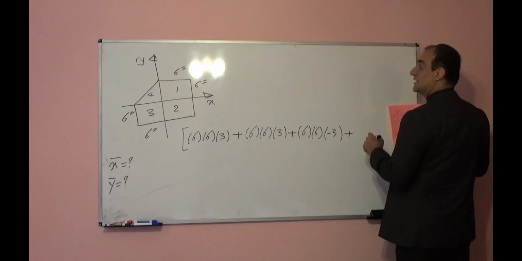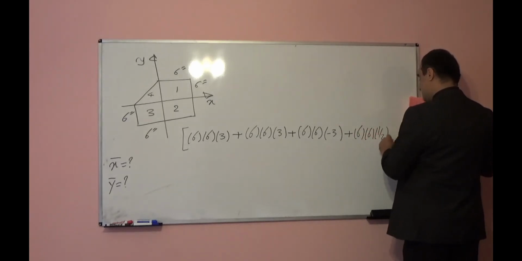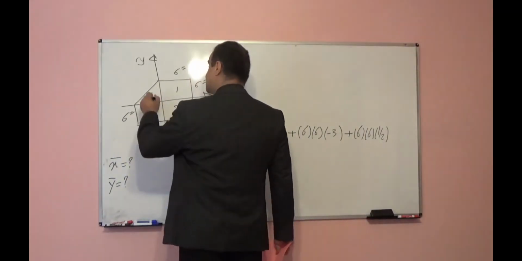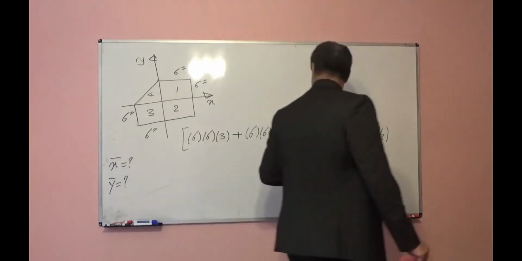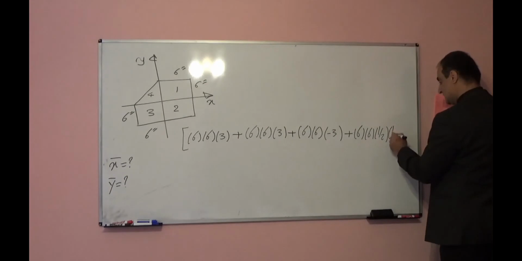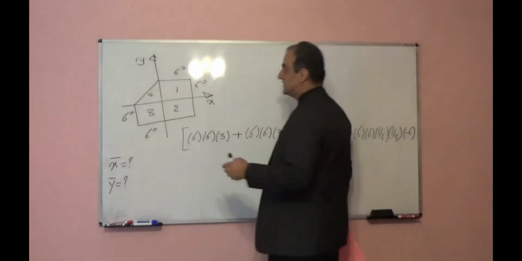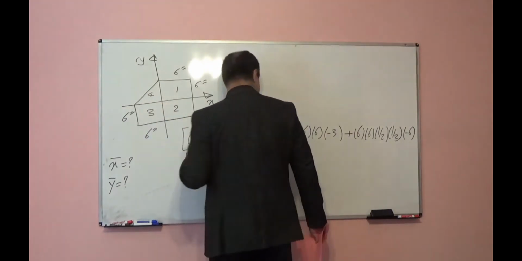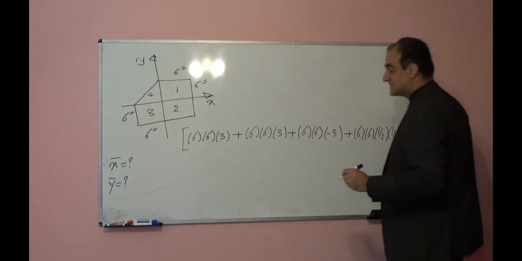Plus, for that triangle, 6 times 6 times half will be the area for this triangle shape. The distance of the centroid to y will be 1 over 3 times negative 6. 1 over 3 centroid times negative 6, because it is in the negative direction. This times